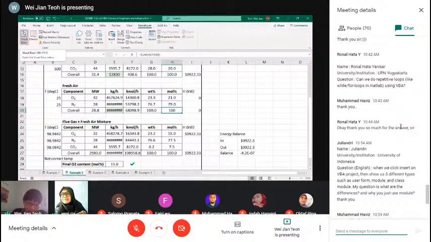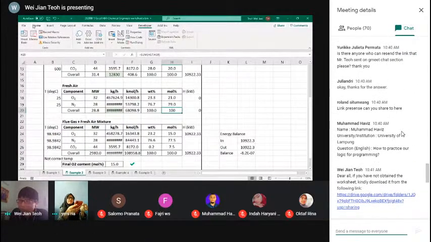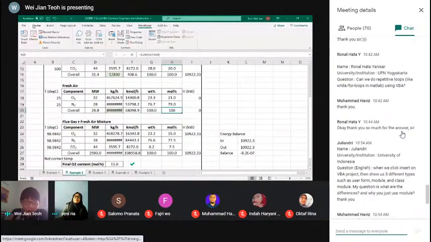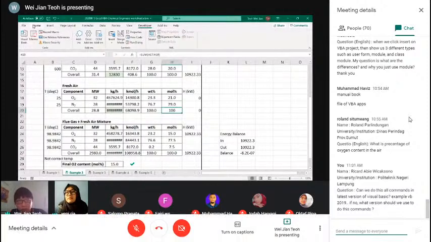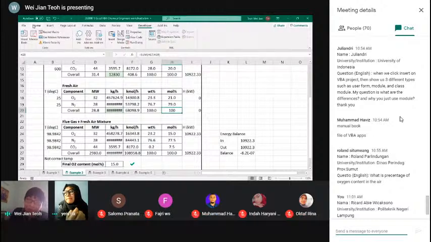But the simple thing is that you can use VBA to calculate heat capacity, enthalpy, density, viscosity, diffusion coefficient, mass transfer coefficient, heat transfer coefficient, convection, radiation. Basically, anything in chemical engineering, if it's a formula, you can write in VBA.